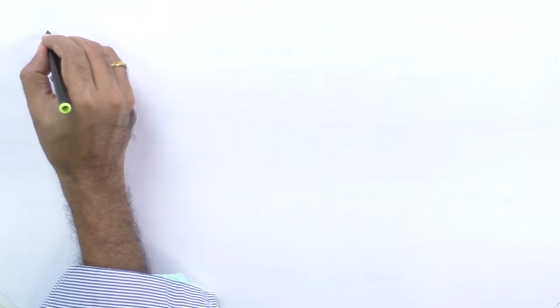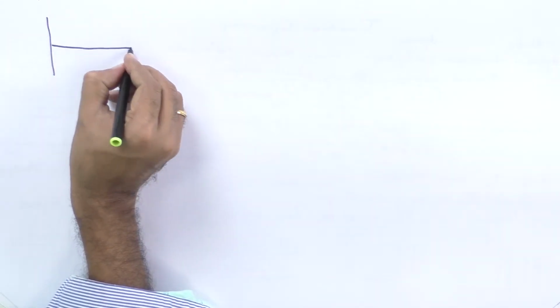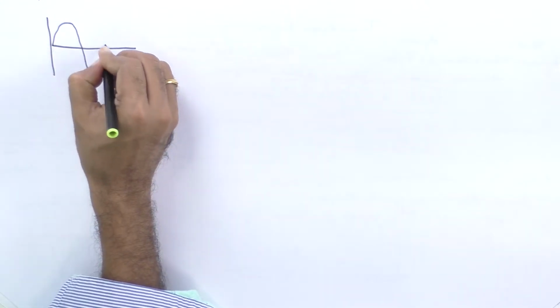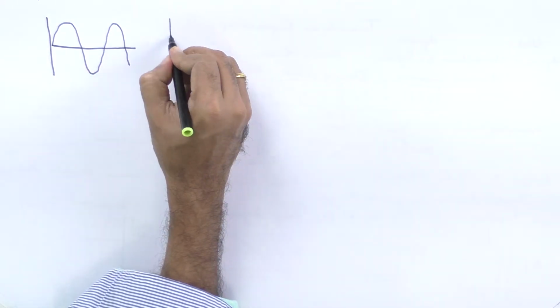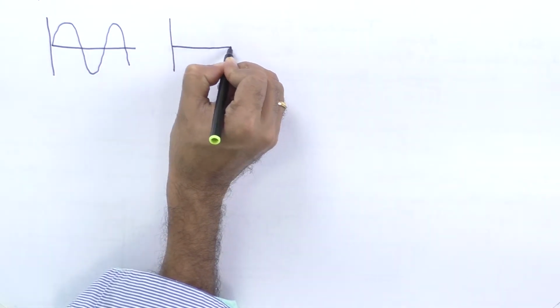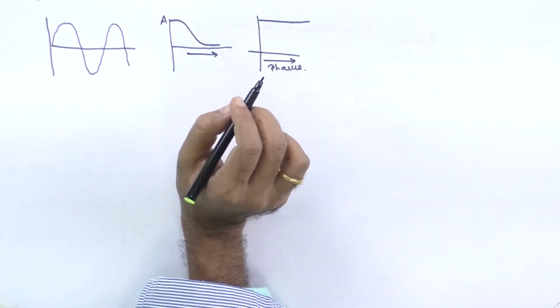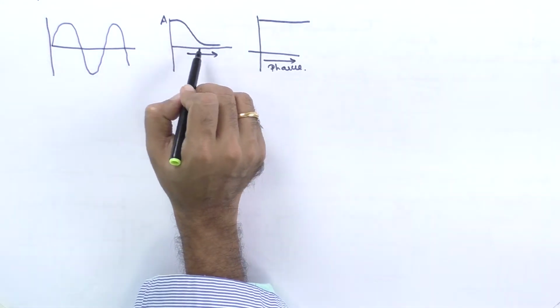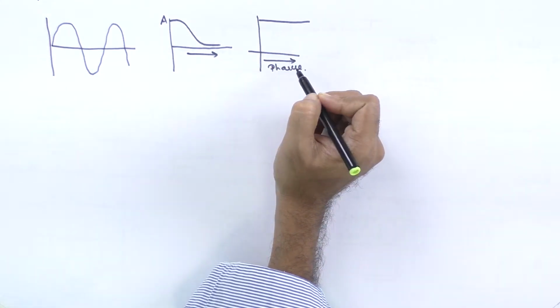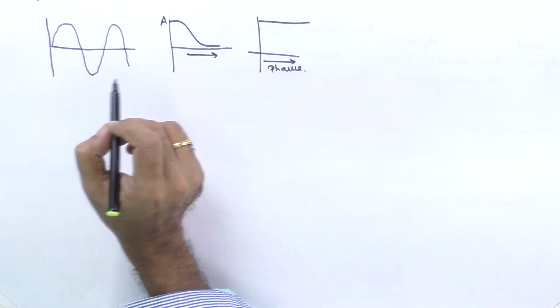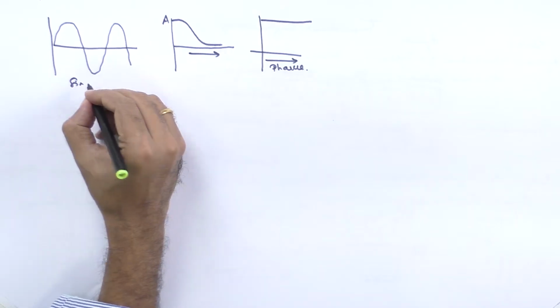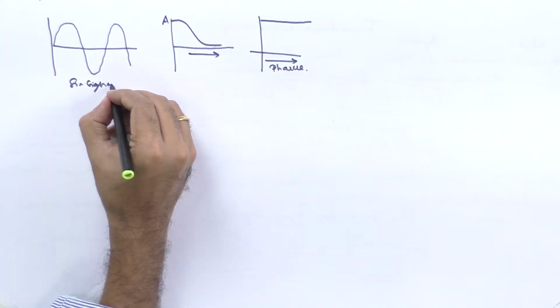Let's draw again a sinusoidal signal. There are two factors involved in this. One is your magnitude, and the other is the phase. Both are constant. So for this reason of introducing frequency, we are going to have this sine signal for the frequency